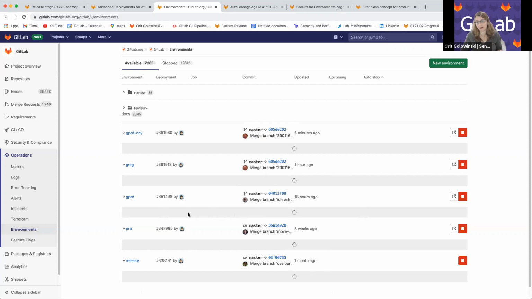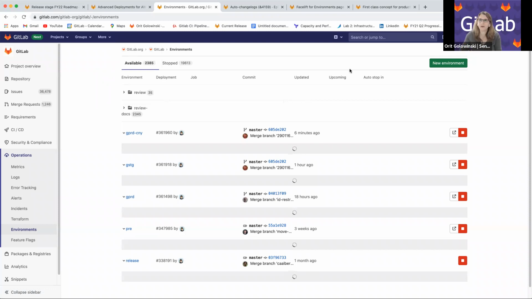So we want to make it so that you can indicate it. I also want to make it available to create your favorite environment, so they're at the top, and also link this to our environment dashboard, which is really interesting because we have two different pages that are called environments and they do different things and they're not even propagated from one to another. So I want them to talk to each other and make it a better experience for anyone using environments, making it really easy to get to an environment, understand what's going on in the environment